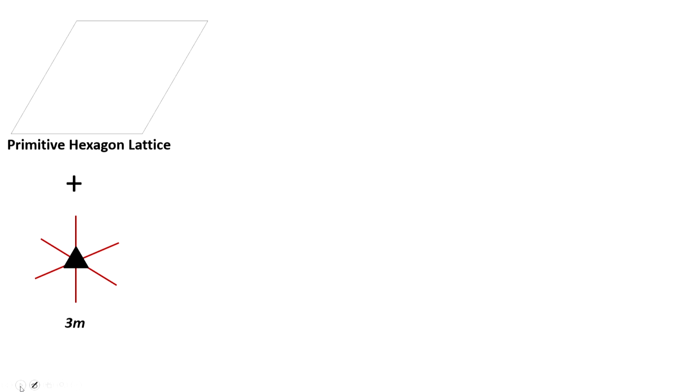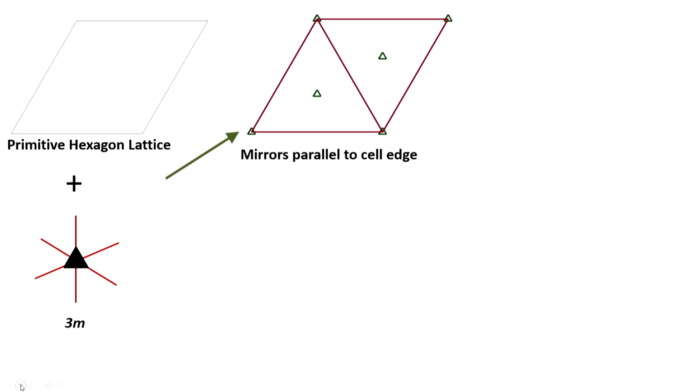So, one possibility is we put these mirror planes along the cell edges. One mirror plane is out here, along the cell edge, another one out here, and there is a third mirror plane which is along the shorter diagonal of the cell. So, this is one possibility, and this is what we had done in the last lecture. Let me just repeat that last bit of that lecture.